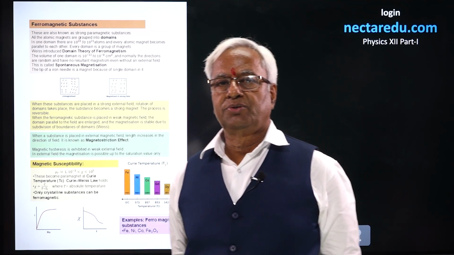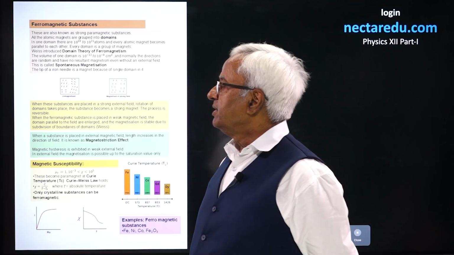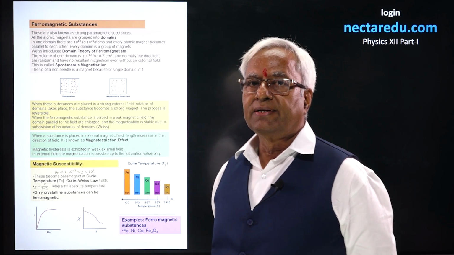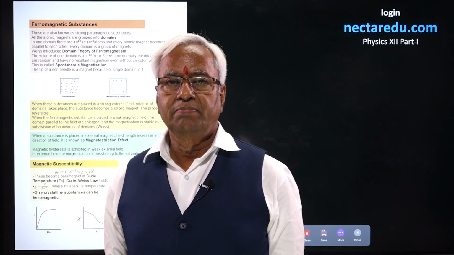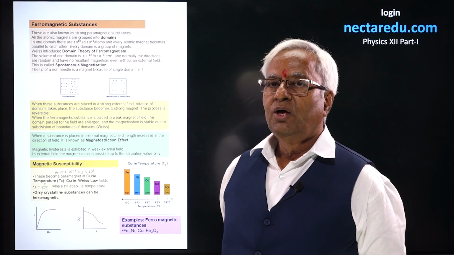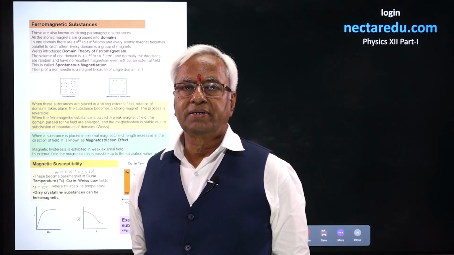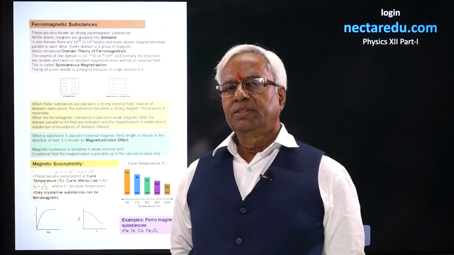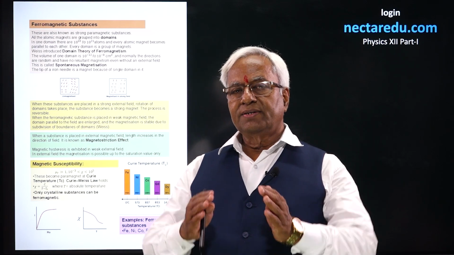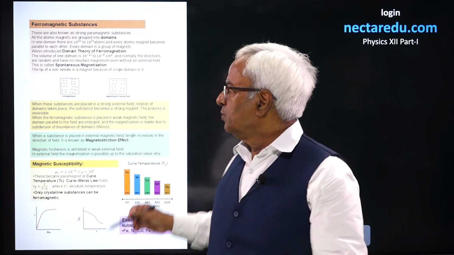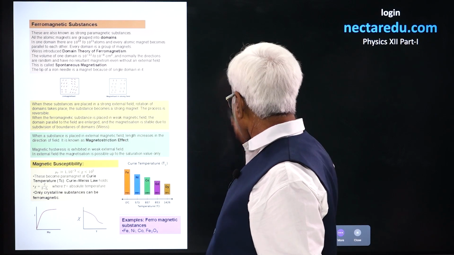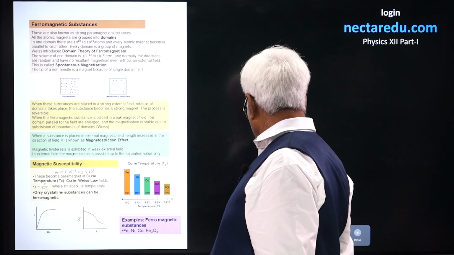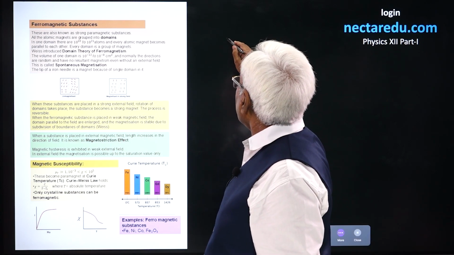Ferromagnetic substances are also known as strong paramagnetic substances. So, first of all, every atom is a magnet. Not only that, the atomic magnets are always grouped into domains. Domain, that means